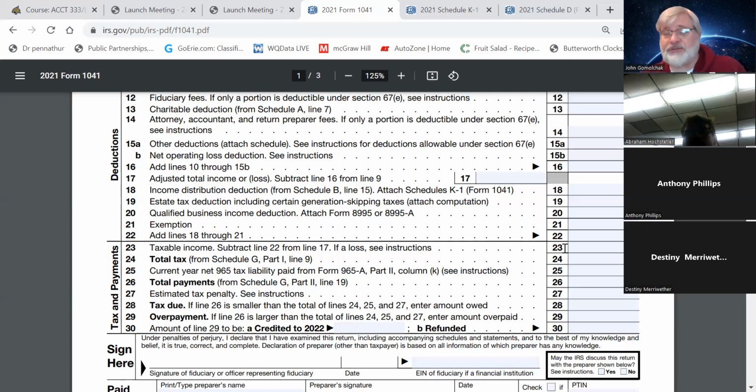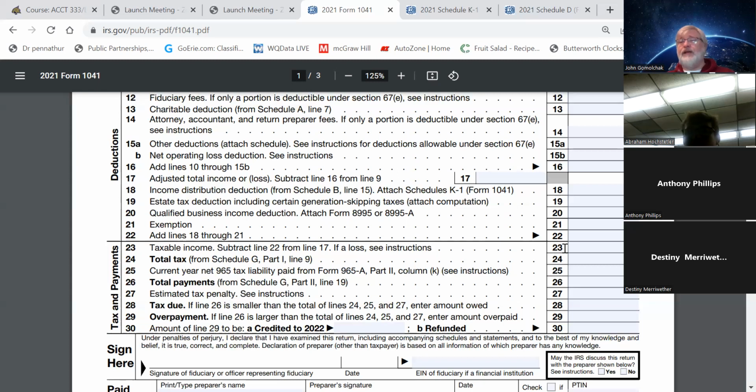If it's a complex trust where you distribute all of the income and there's no capital gain, line 23 will always be a negative $100. If it's an estate where you have income and distribute all of the income and there's no capital gain, line 23 is going to be a negative 600. Okay, so basically that exclusion doesn't do you any benefit